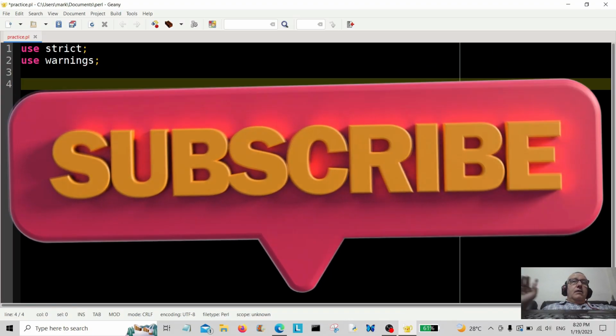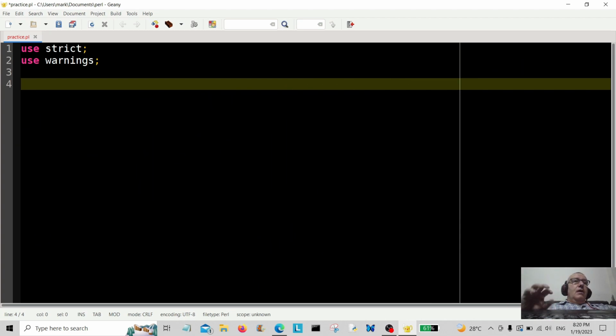Today we're going to do some subroutines. We're going to do some flow control and we're going to use the sleep function. So let's start off with the first subroutine, sleep 1. Okay, so this is the first subroutine